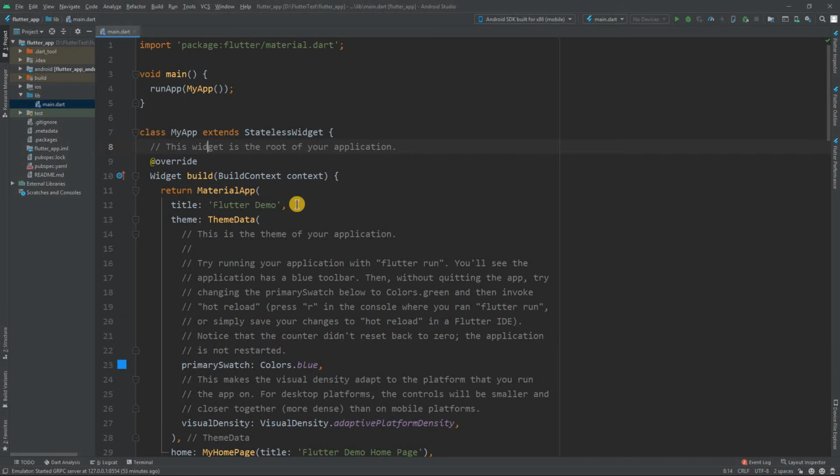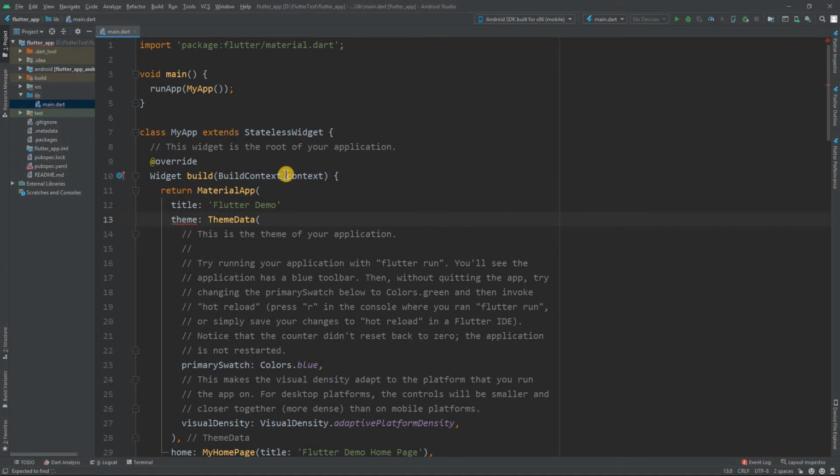Let me show you, this is the code. I will assume that you don't know anything about this code, but still, if we miss something when we type the code, like if I forget this comma, then this editor will say it expected to find a comma before this.